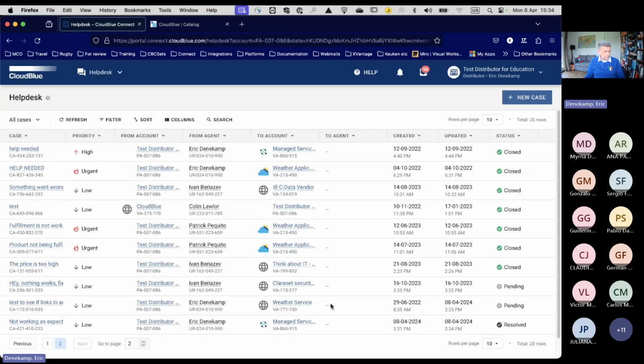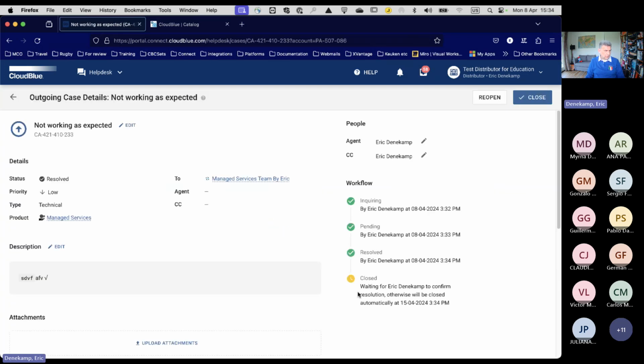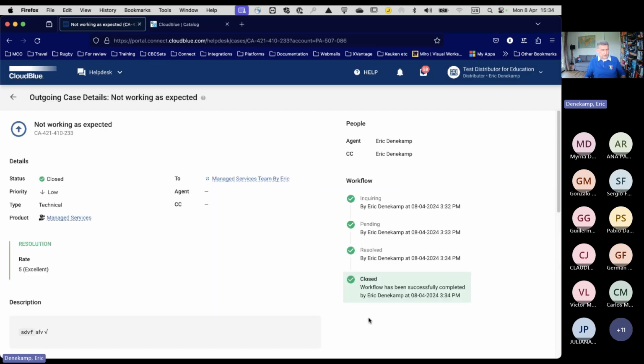Let's go to page 2. It is resolved, but it's not closed yet. So I'm going here, and yeah, I tested, and now I'm going to close it, and I love Eric, so let's give him 5 points. So that is